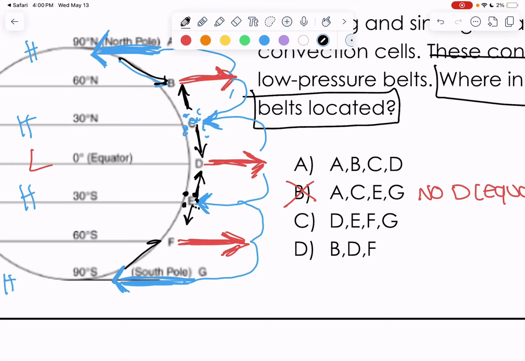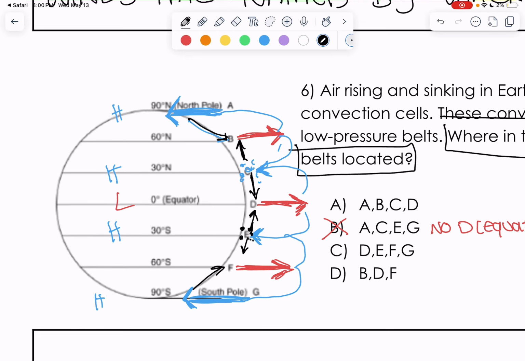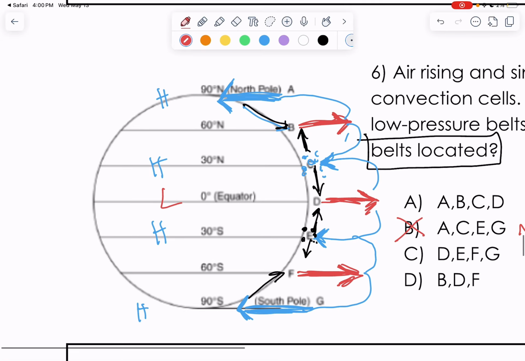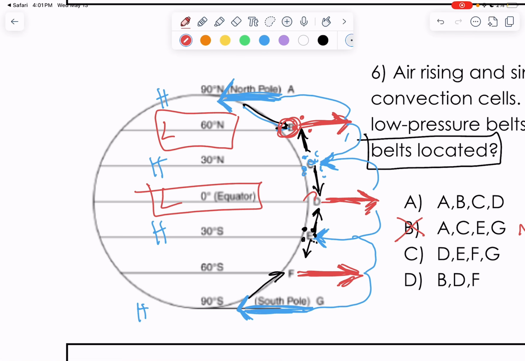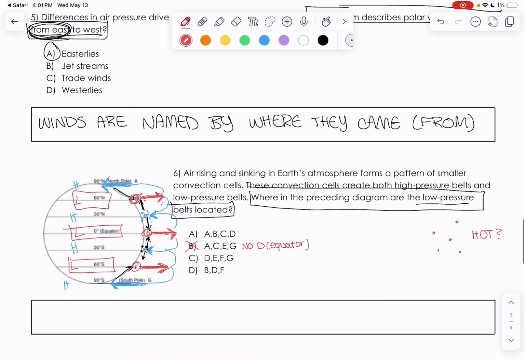So the convection currents are what distribute the air, but let's talk about where the low pressure area is. The low pressure area is where I see them rising. So there is a low pressure area at 60 degrees north, which is B, one at the equator, D, and low pressure at 60 degrees south, which is F. So the correct answer here is